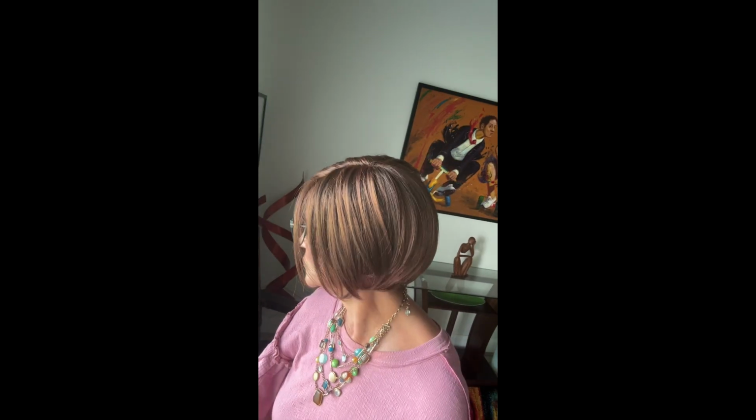All right, let me show it to you in front of a sunny window outside, and then we'll move on. All right, I'm standing here in front of a sunny window. It's an overcast day, but perhaps you can get a better look at this color, the spiced brown. Definitely think it's a warm color. It appears to be a brunette with the auburn highlights. I don't see these highlights as being chunky or...